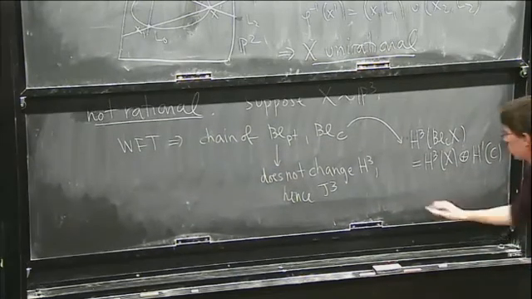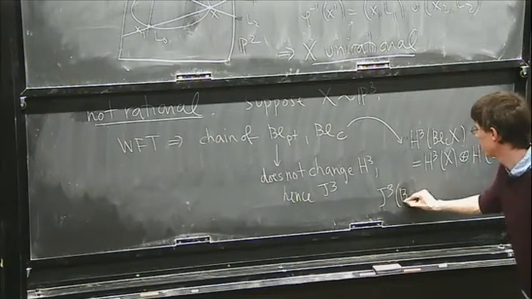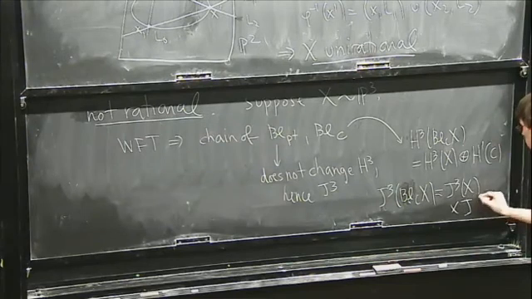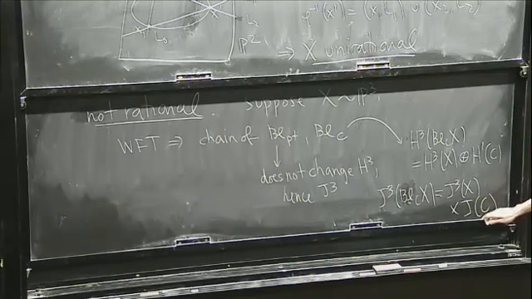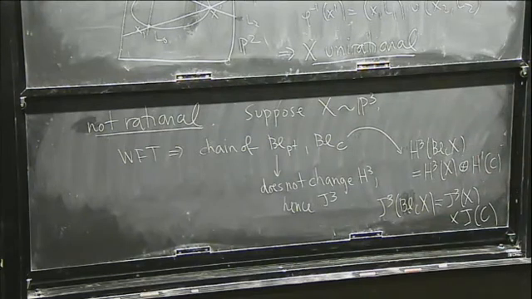And then what actually happens to the intermediate Jacobian is that the intermediate Jacobian of the blow up is the original intermediate Jacobian times the Jacobian of the curve. Because when you construct this torus that I wrote from the H1 of a curve, you just get the Jacobian of the curve. And so you see from this, by weak factorization, that if X was rational, then its intermediate Jacobian would be expressible in terms of Jacobians of curves in the following sense,